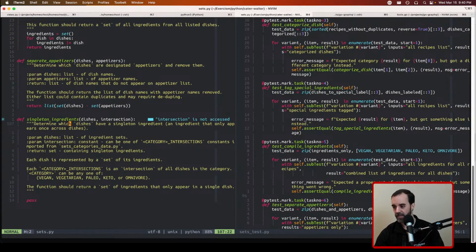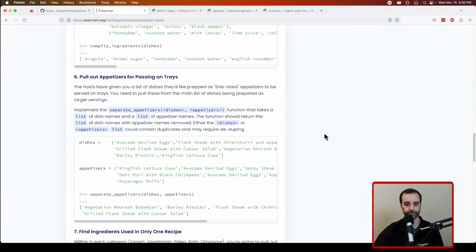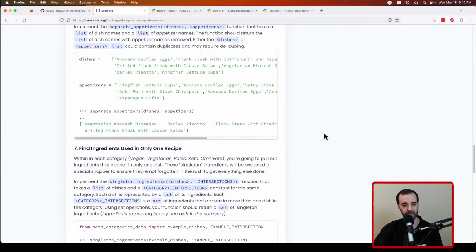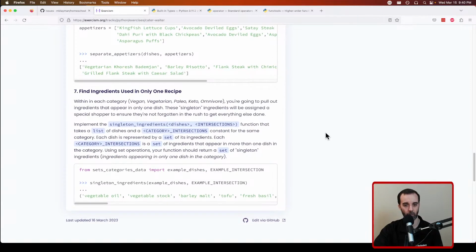All right, let's look at the last bit and then we're ready to move on to some actual SaaS stuff. So find ingredients used in only one recipe. Within each category: vegan, vegetarian, paleo, keto, omnivore. You're going to pull out ingredients that appear in only one dish. These singleton ingredients will be assigned a special shopper to ensure they're not forgotten in the rush to get everything else done. So implement singleton ingredients